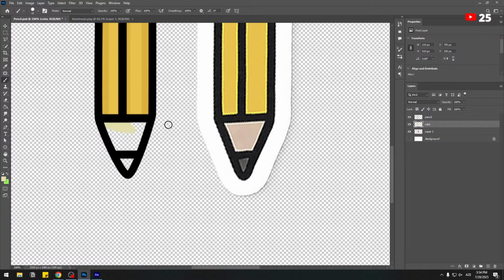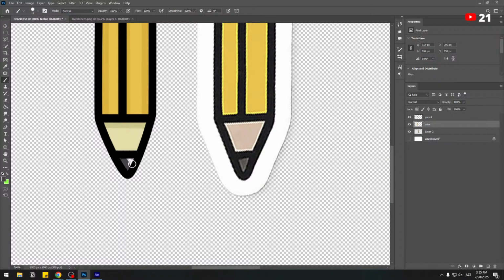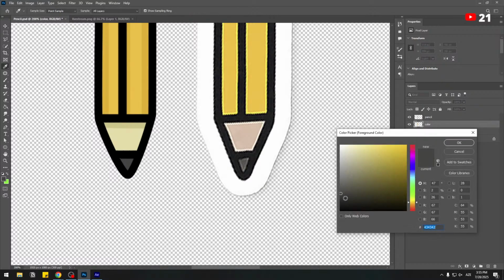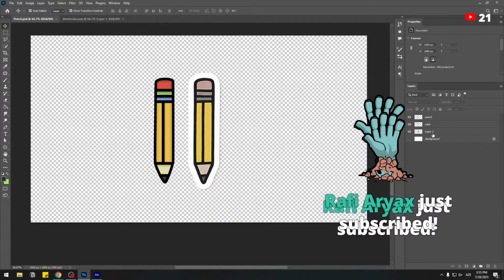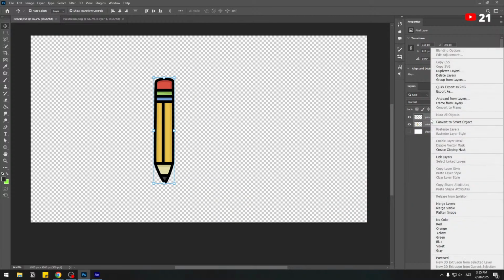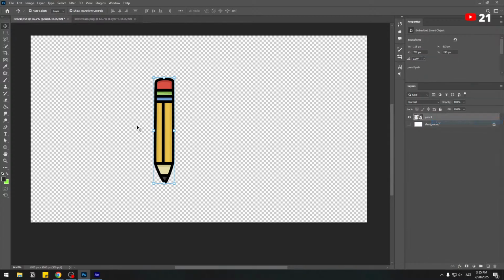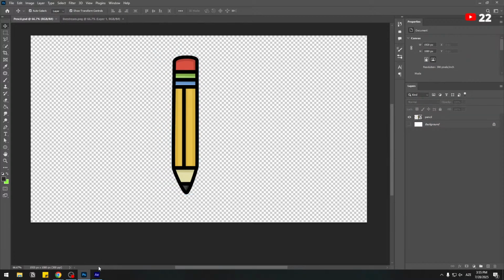and okay, and for the shadow color, and black like this, also shadow. So select this layer 2, delete, and the color pencil, right click and convert to smart object, change size. Okay, so back to After Effects,